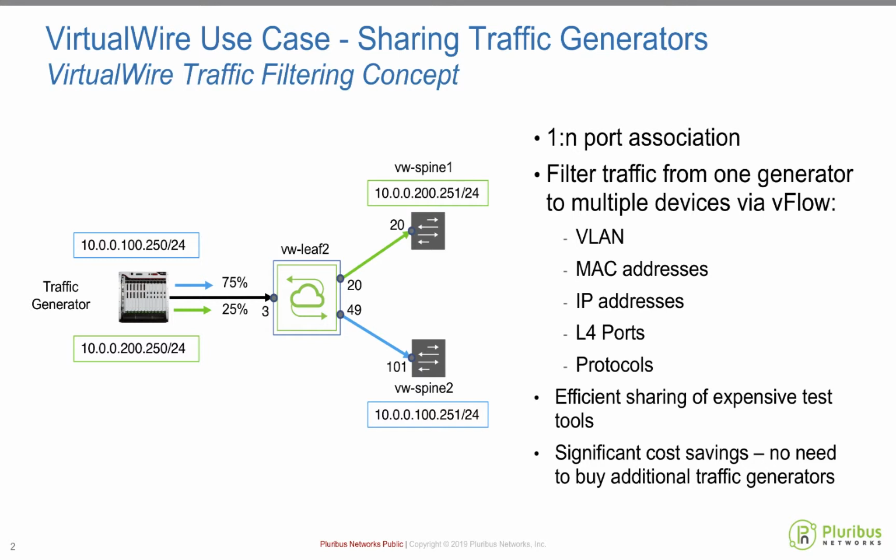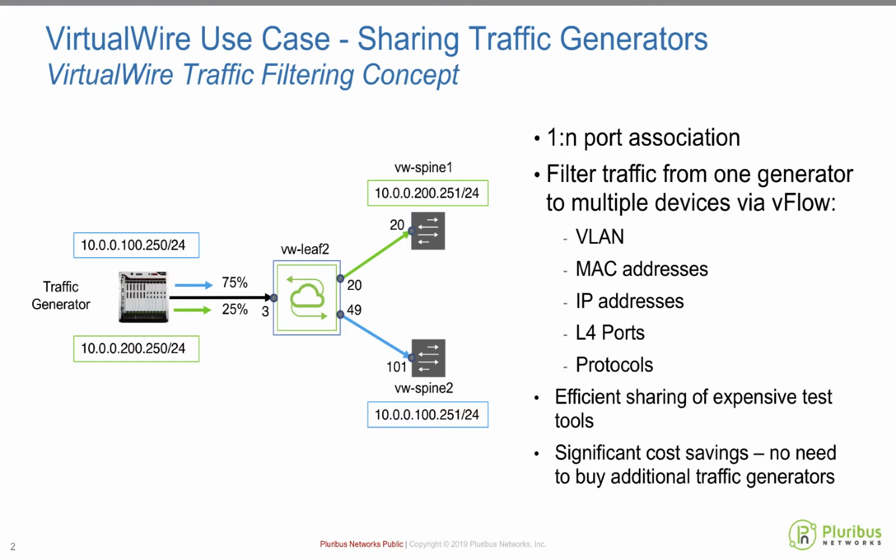We're going to demonstrate using VirtualWire to create a three-way link between port 3, 20, and 49 on a VirtualWire switch, connecting the traffic generator to two test devices. You could link more ports together, up to the total amount available, but we wanted to keep things simple for the video. We're also going to use a vFlow to filter the traffic so that each device receives the correct